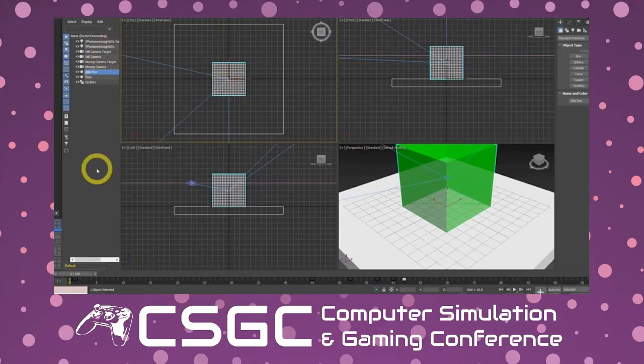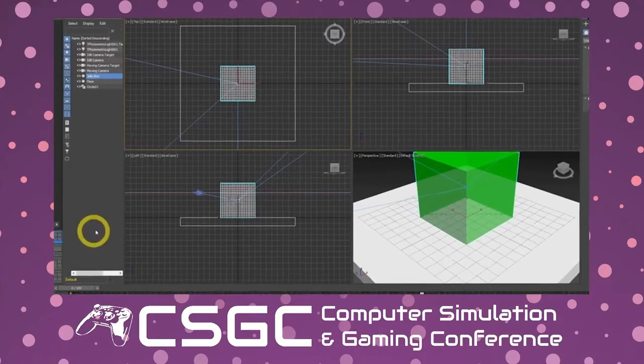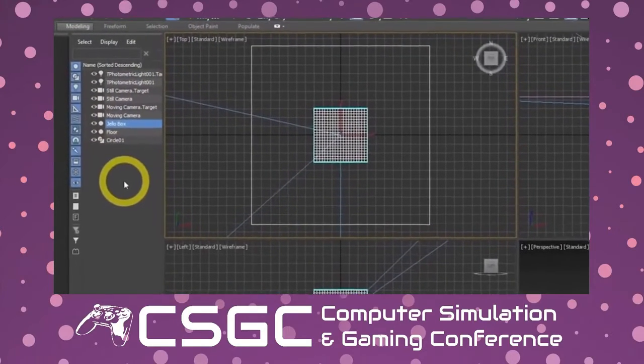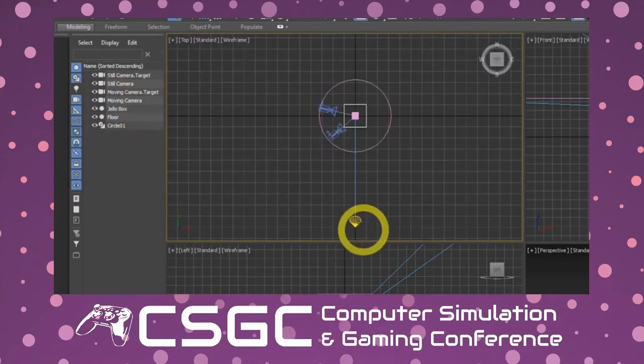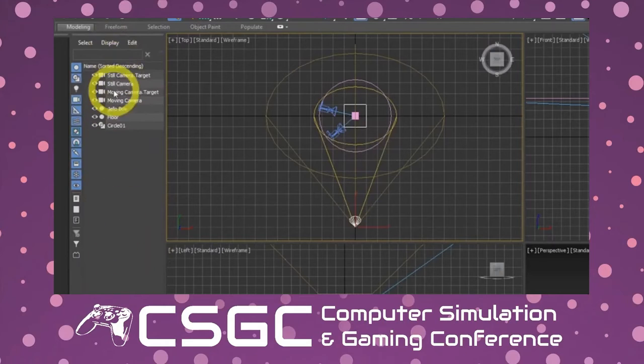If you are working on a large-scale project, you may have a ton of objects in your scene. To make things easier, you can filter out what you're looking at. So for example, maybe I don't want to see any of the lights in my scene because I'm not working on lighting. I can click on the light bulb icon, and that turns off all the lights from my Scene Explorer. So that does not mean that I can't select them from the viewport, because the lights are indeed still in the scene and I can select them from here. They're just not showing up inside my Scene Explorer window. If I turn the lights back on, they come back on.